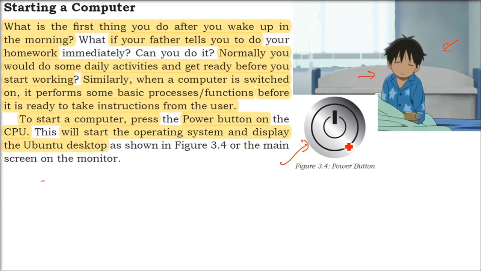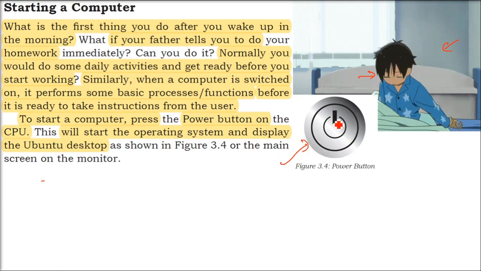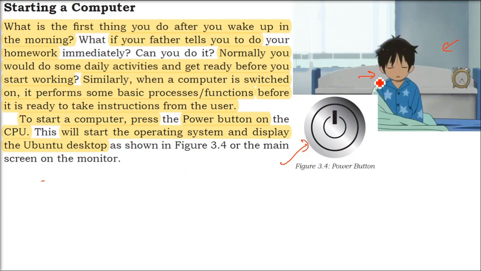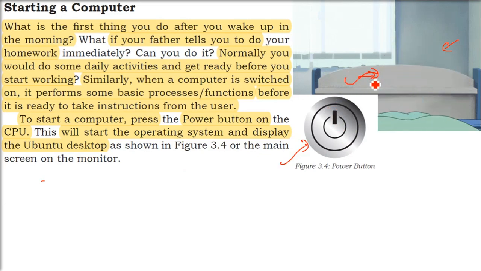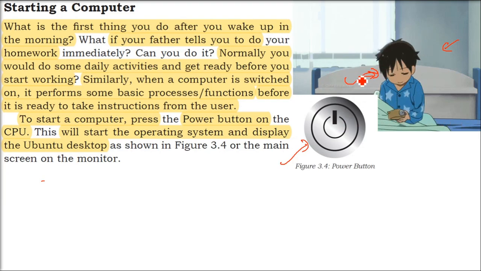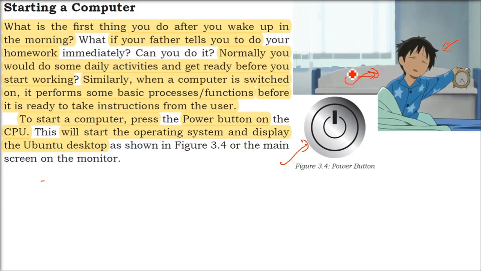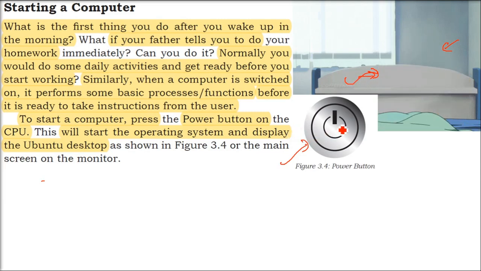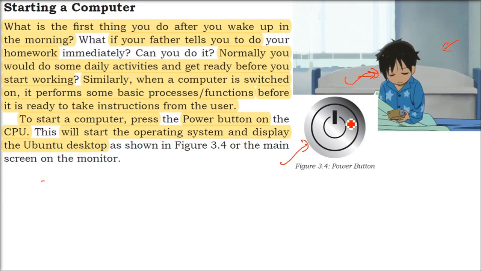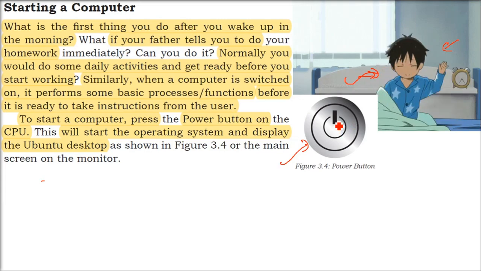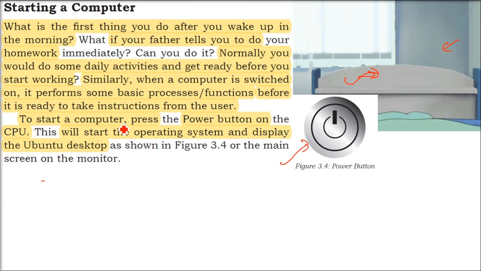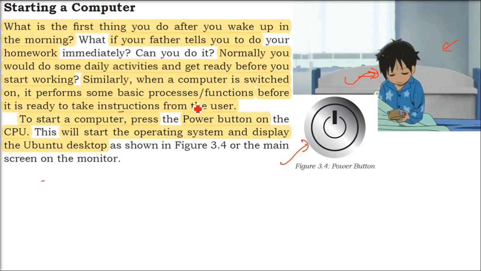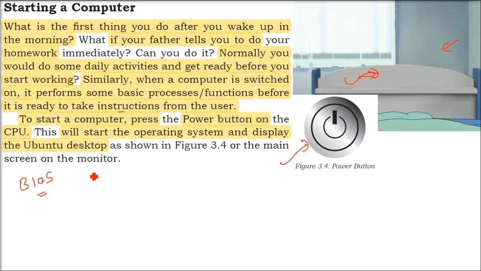You can now relate it to the computer. When you switch on the computer, you cannot directly give commands. When the computer is switched on, there are certain basic background processes. The computer has to check all the different parts which make up a computer: the RAM, the ROM, the hard drive, the processor, all the peripheral devices. Only when they are working will the computer be ready to take your instruction. These are the basic processes done before a computer can take your instruction.